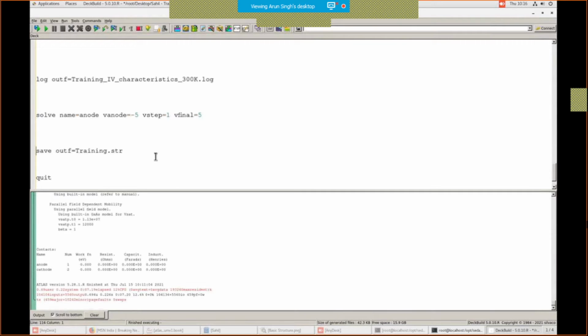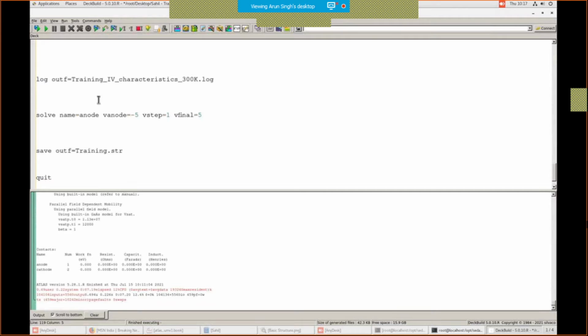So after all this electrical analysis, we will be finally saving the structure again. The structure should be saved at last. This is the practice you should adopt, because all the electrical parameters and the effect of electrons and their movement will be captured in the structure file if you save it at the last. If you save it initially, then all these things won't be captured. So at the last, you will be writing the quit command. So the code is done with this.